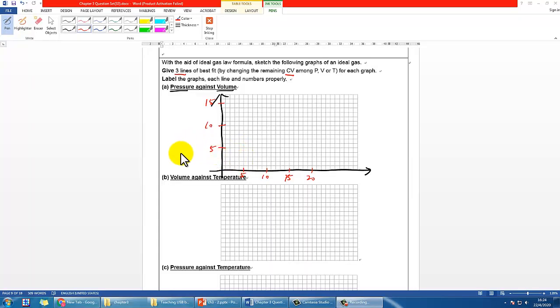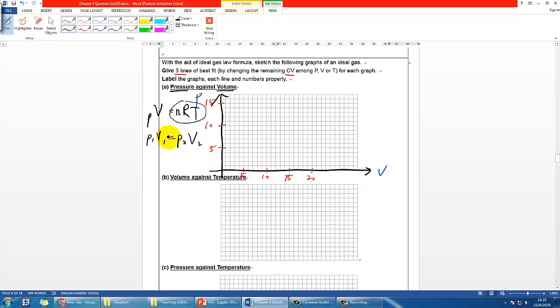A few moments later. Okay, so for the first one, which is pressure and volume, it is actually the hardest one, I would say. So let's say the y-axis is P, the x-axis is V. The first thing that you may want to do is refer to the ideal gas law again. As you know, the only two changing are pressure and volume, and therefore this whole thing, nRT, will be a constant, and therefore you can derive the equation P1V1 equals P2V2 from the ideal